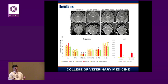In collaboration with Dan Ori at Washington University, St. Louis, we looked at GM1 ganglioside levels in the cerebrospinal fluid of these treated cats. In normal cats, very low levels of GM1 ganglioside. In untreated cats, very high levels of GM1 ganglioside in the cerebrospinal fluid. In the treated cats now that are out 3 to 5 years after treatment, the levels of GM1 ganglioside are